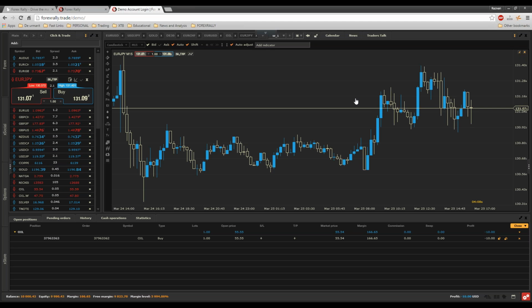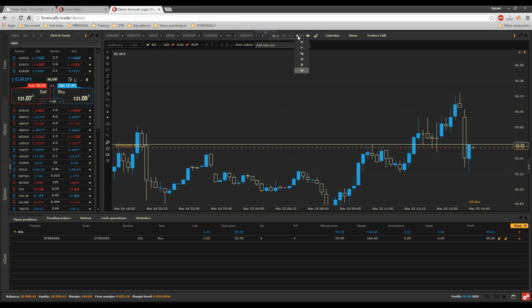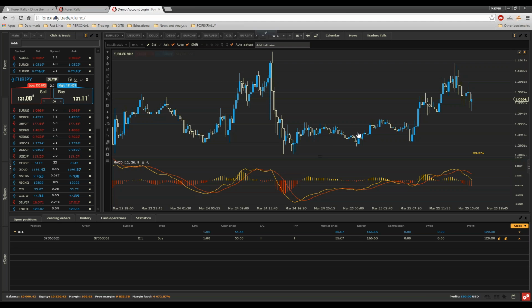How many charts can one view at a time? Well, you can open up to 9 charts in this section. You can have multiple workout layouts, but you can open 9 charts. If you want to see them all at the same time, you just have to go here, click this grid, and you'll have all the charts at the same time. Or if you want to have just one chart, click the last one and you'll have one chart. You have multiple schemes of showing you the charts, but I usually use these two.